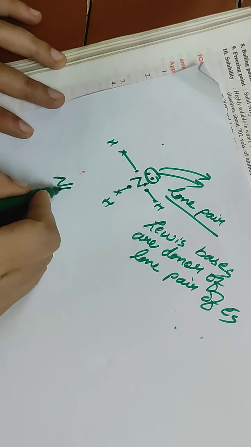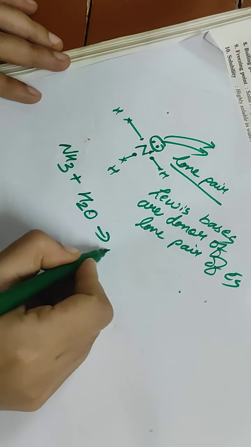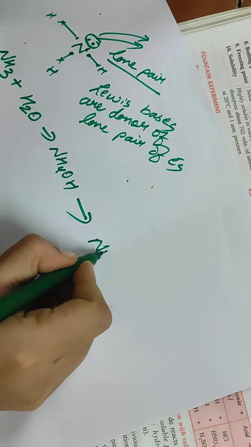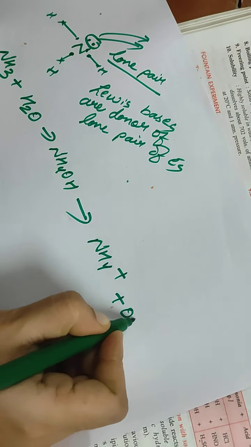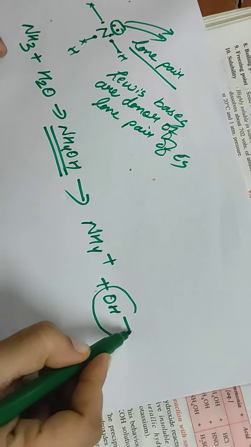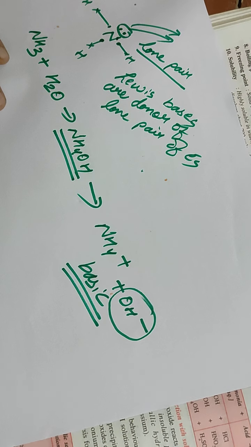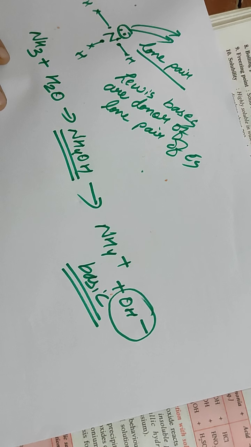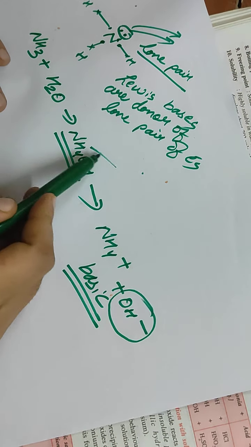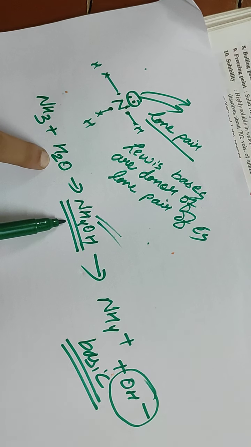Furthermore, when we combine ammonia with water, what will it give? It will give us NH4OH. And when you dissociate it, what will you get? Ammonium ion plus hydroxyl ion. Anything which releases hydroxyl ion means it is basic in nature. This all you will study in the 3rd chapter later, but for now you remember, if hydroxyl ion is present in something, it means it is showing basic nature. Why did it show basic nature? Because ammonia had combined with water.